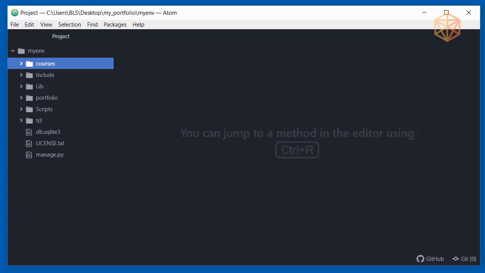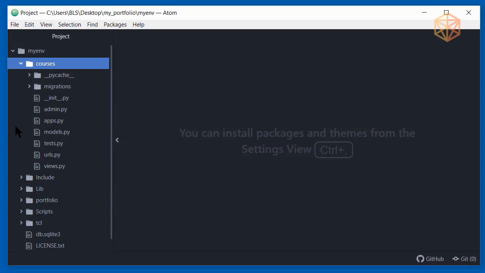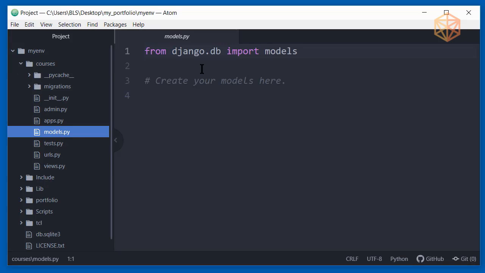I've got my main project open and I'm going to expand my Django app. My Django app is called courses. If I expand that, there should be a models.py file. This is where you define your models. Line 1 here has already imported models from